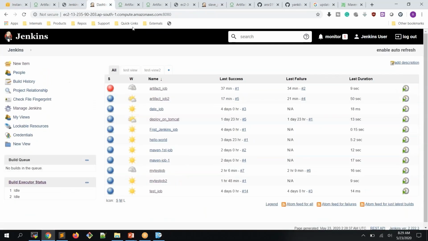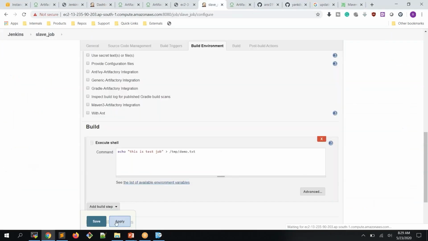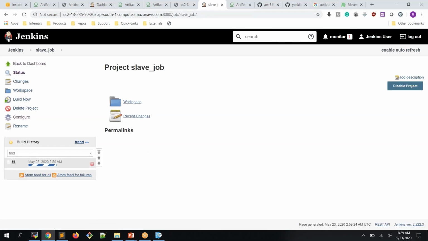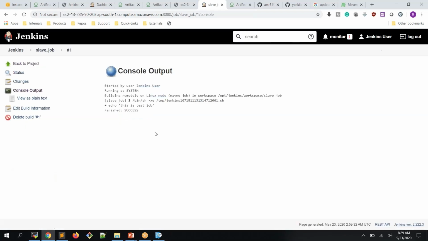So Jenkins, sorry, not this one. So Jenkins, apply, save it and build. Now I am building this job, and okay, build is successful and you can see here this ran by Jenkins user but build remotely on Linux